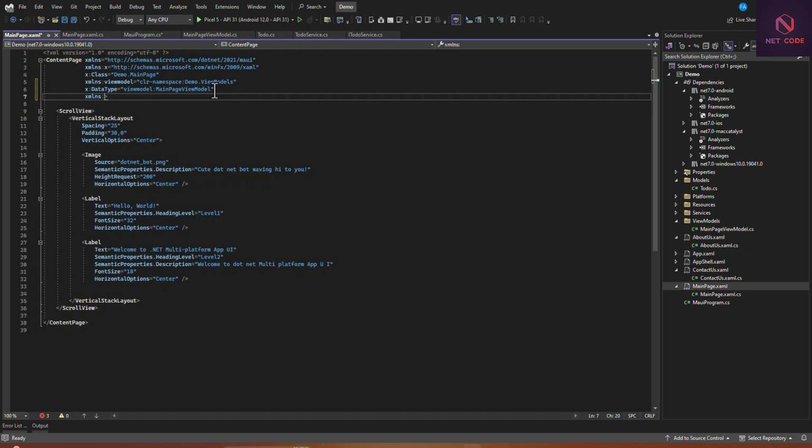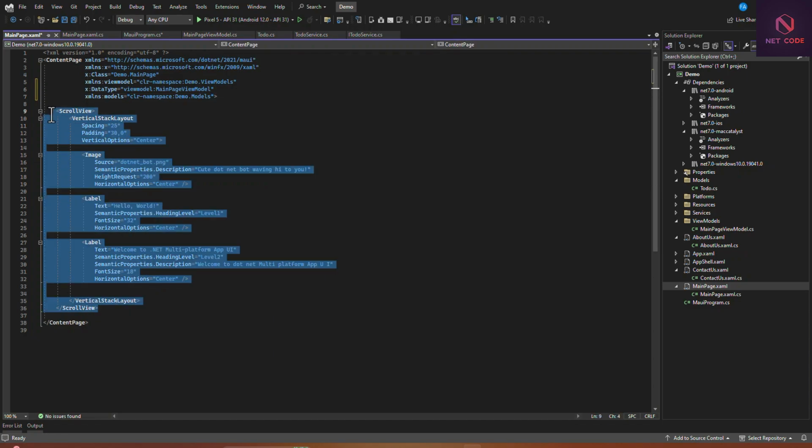We want to get models is equal to clr-namespace, and now we are going for demo.Models. So that is what we have here. With this, let's comment this, Control KC, we comment that.